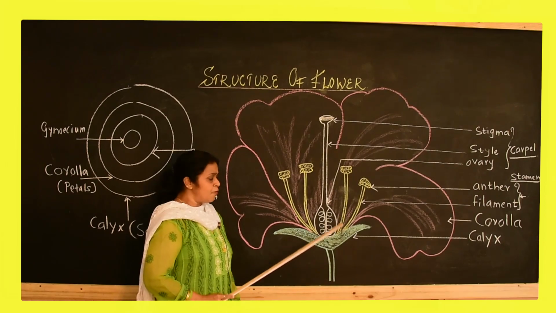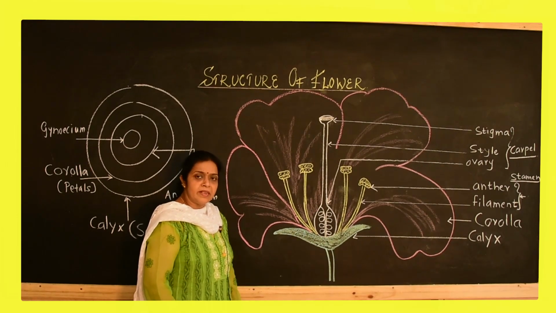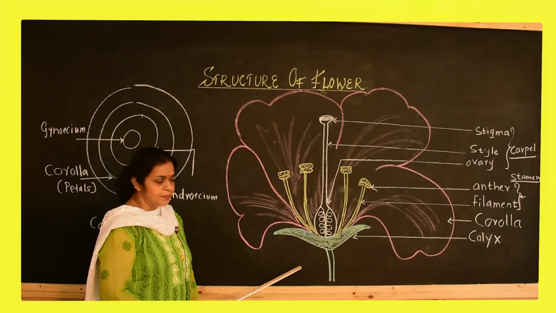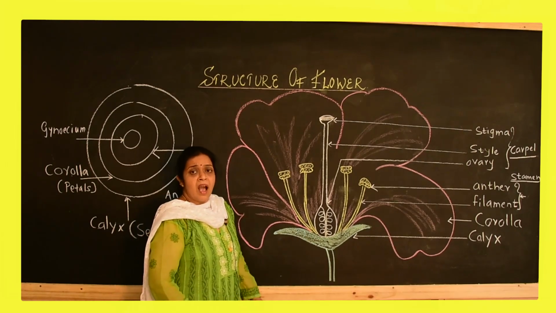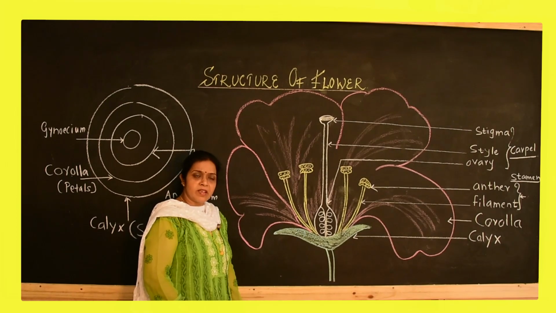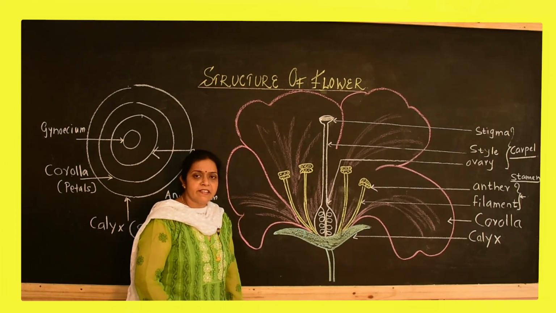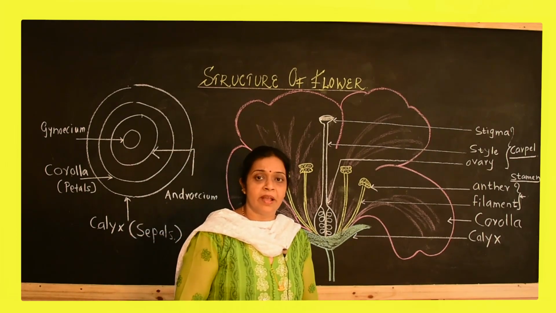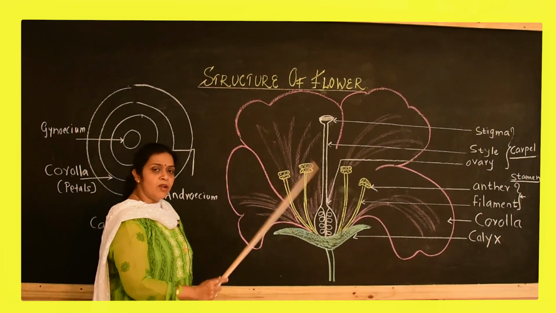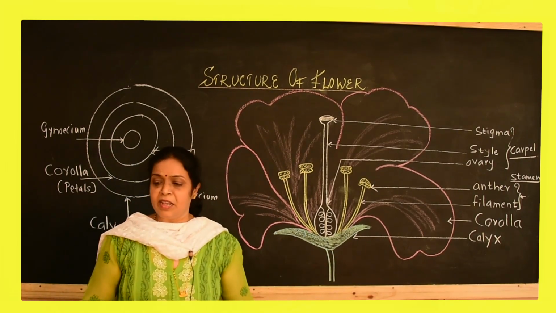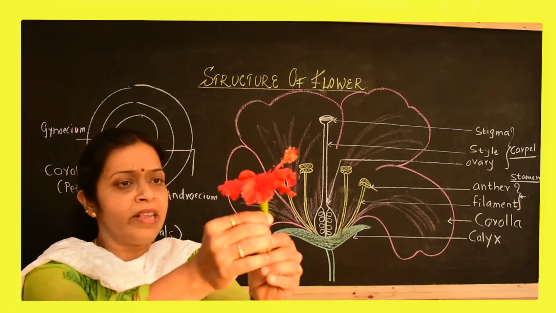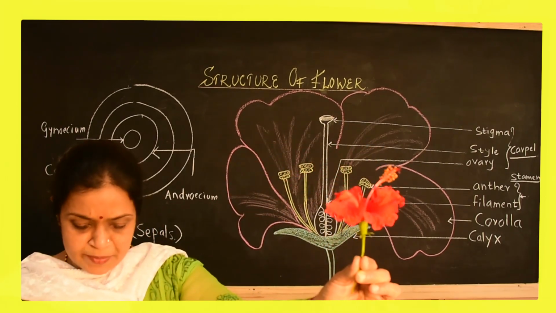Ovary consists of either single ovule or there may be number of ovules present there in the ovary, as it is seen here in this figure. This ovule is having embryo sac. The ovule undergoes meiosis and forms embryo sac, and this embryo sac is consisting of female gamete, that is called as the egg cell. Now this structure of flower, what is drawn here, we are going to see the same in the real flower, that is, I am here with a flower of hibiscus. All these parts we are going to see here in this hibiscus flower.